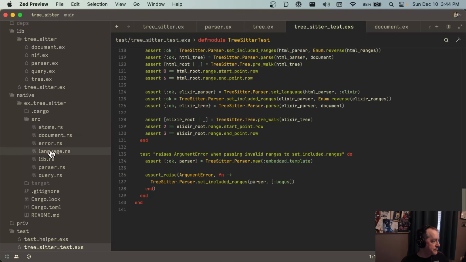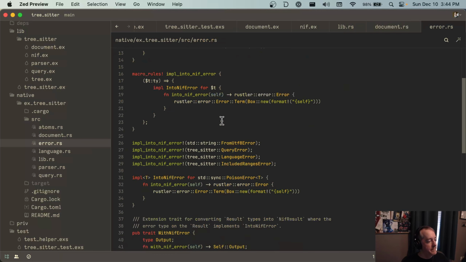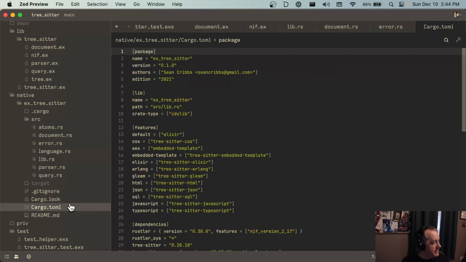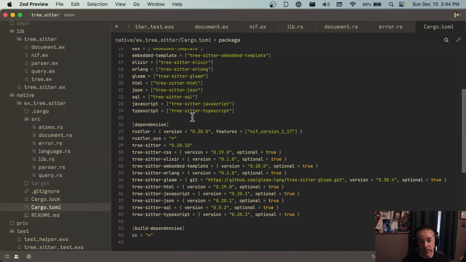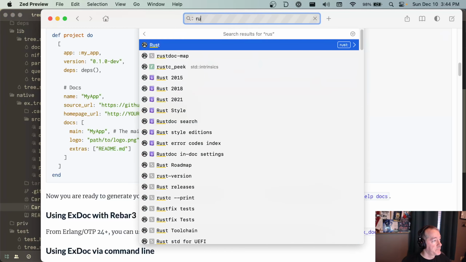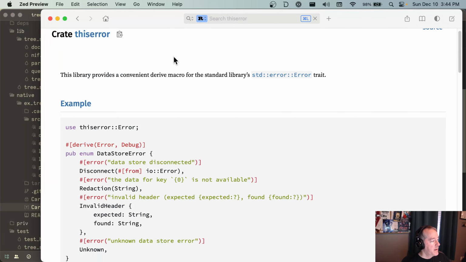Okay, so the essence of this is we are doing a bunch of goop that we don't need to do. Really what we should be doing is we are going to use the thiserror crate. So let's look at thiserror. This is a great crate. And basically